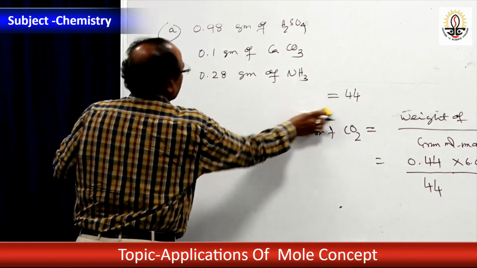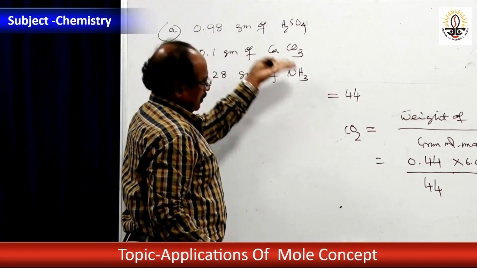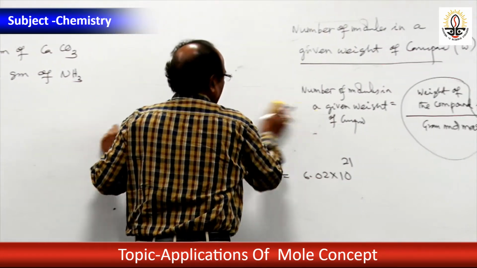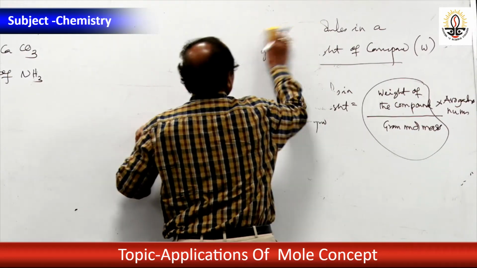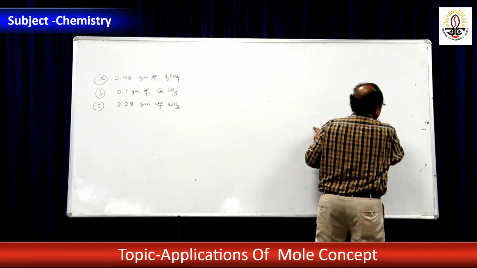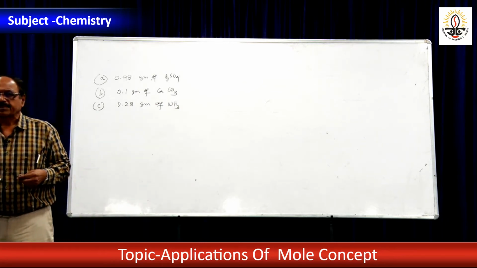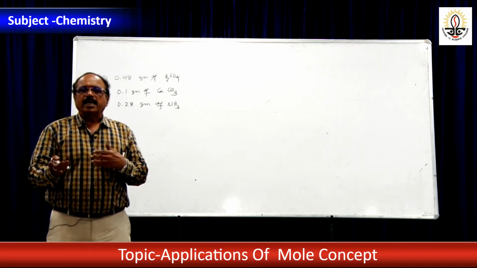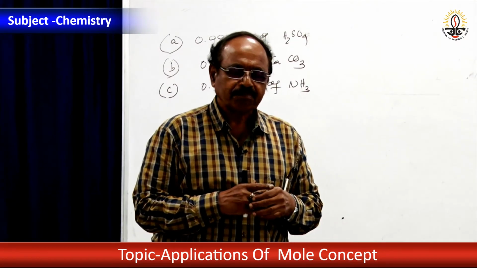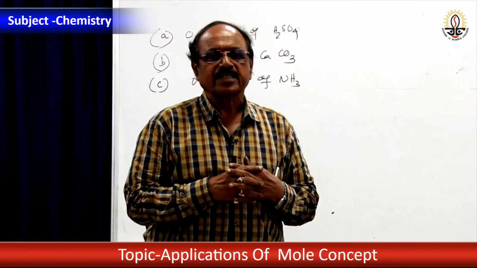So, the gram molecular mass of sulfuric acid is 98, you divide and use this formula and calculate. The gram-mass-number relationship is one of the very important applications, because we will be using this often. Just like the mathematical table, those students who are very good in their tables are very good in arithmetic and calculation, and also in decimal multiplication and division.